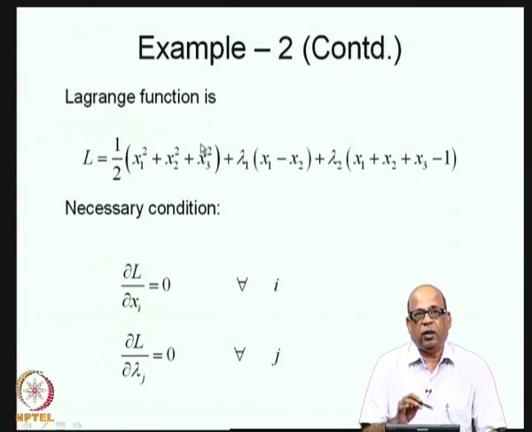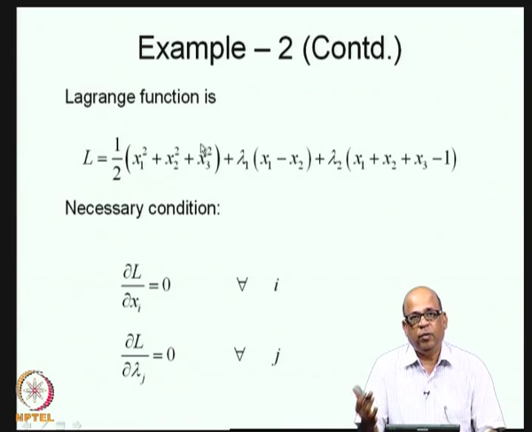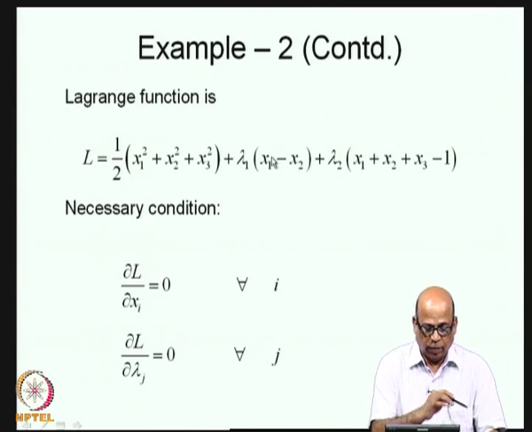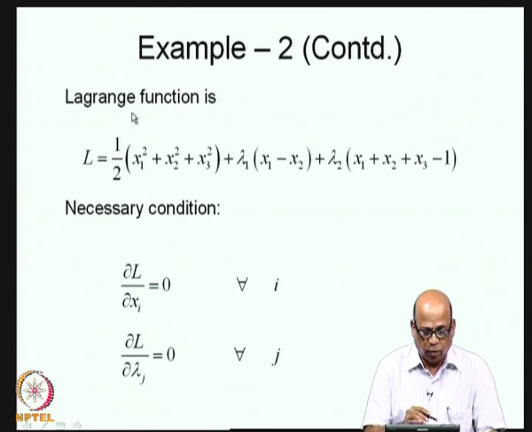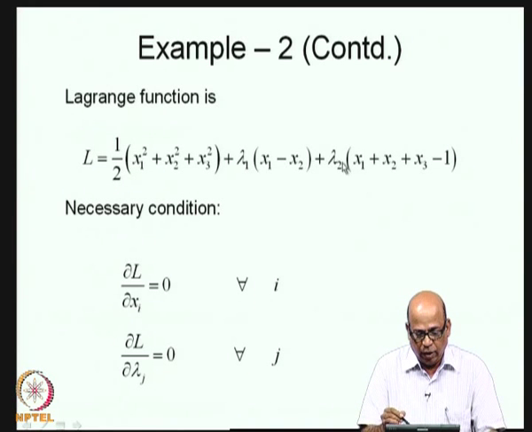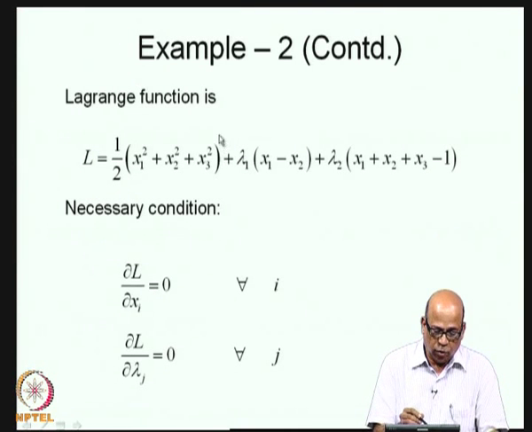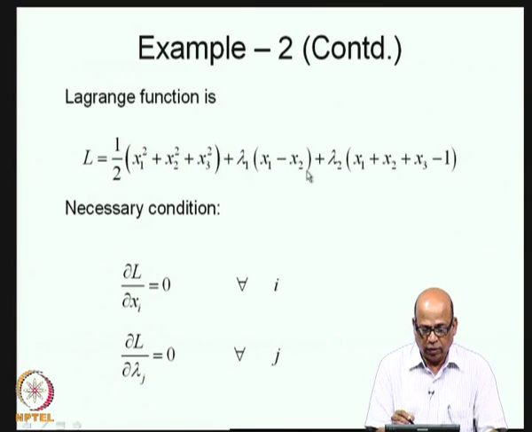Then we formulate the Lagrange function. We will take plus lambdas now instead of minus that we took last time. So, we formulate the Lagrange function by introducing one lambda associated with each of the constraints. So, we have two constraints and we put lambda 1 and lambda 2 as the two multipliers. So, this is the original function f of x plus lambda 1 into g 1 of x plus lambda 2 into g 2 of x. So, this is how we formulate the Lagrange function.